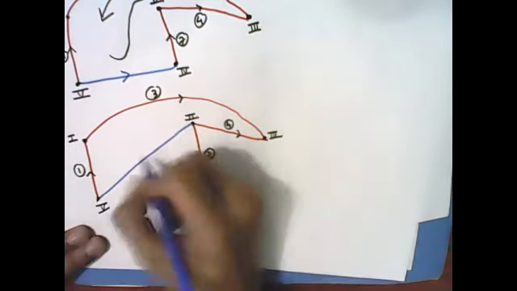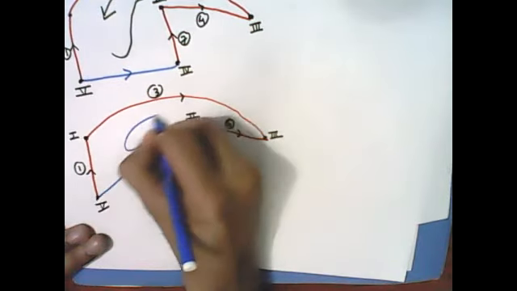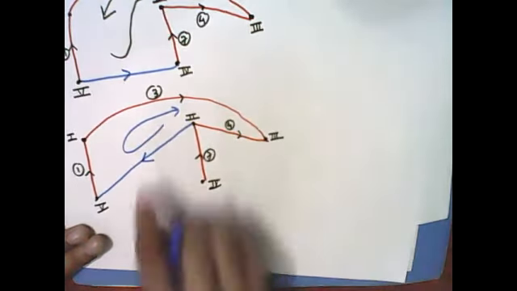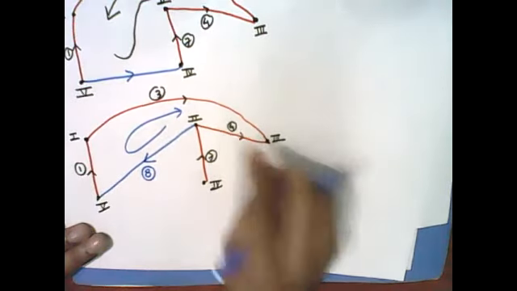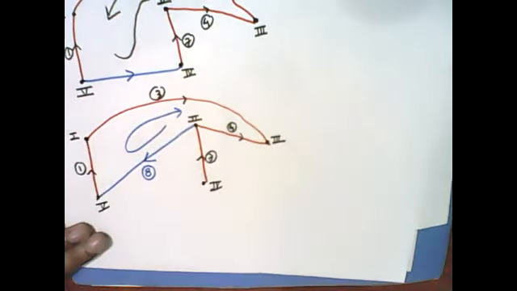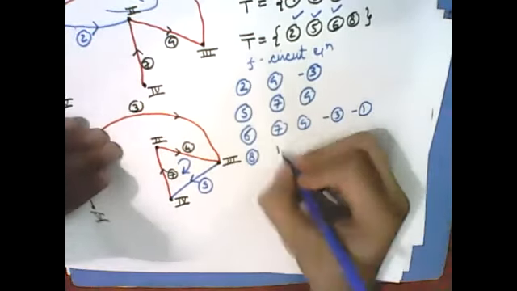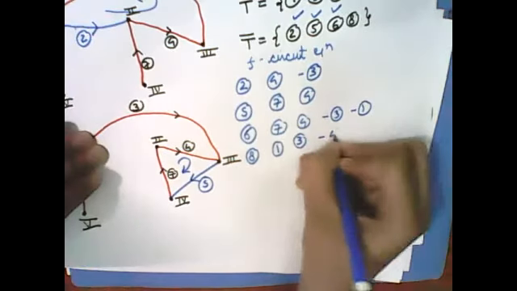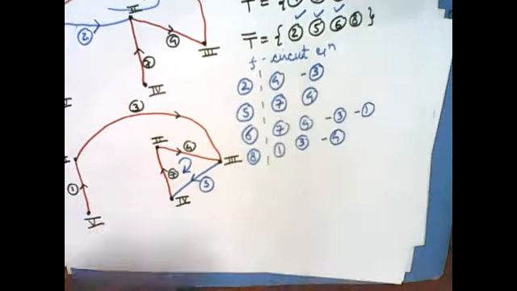Then I have to place 8th one. 8th one is to be placed in between like this with direction from 3 to 5th, and the direction of the loop will be something like this. So it will be, this is 8, 1, 3, 4. So it seems that 8 is following 3, 1 is following, 4 is opposite, right? So I would like 8, 1 is following, 3 is following, but 4 is opposing it. I have to write it in this way. Right? So I now have all the circuit equations with me.